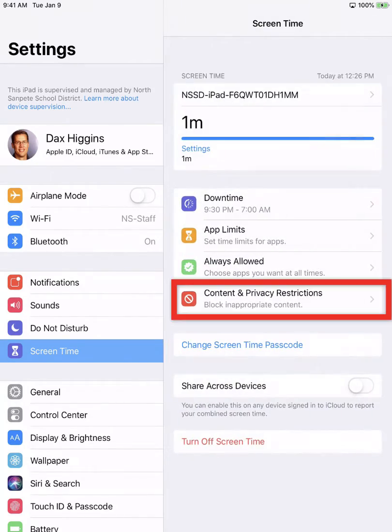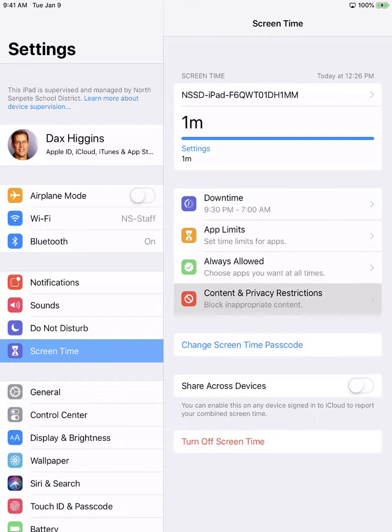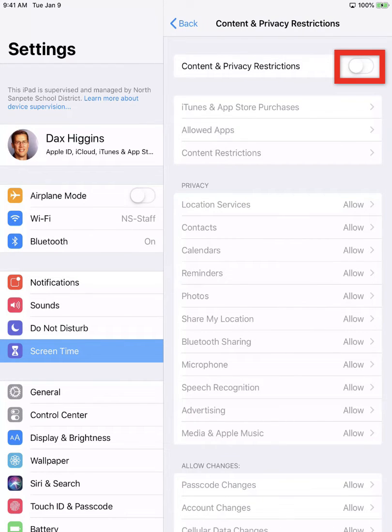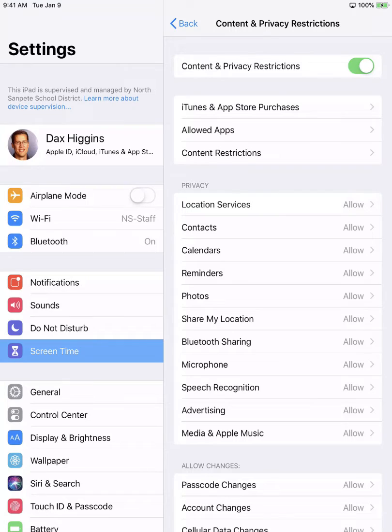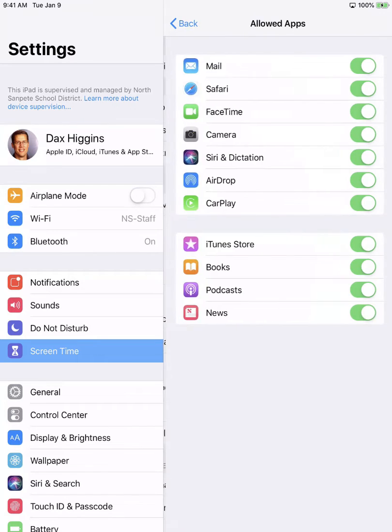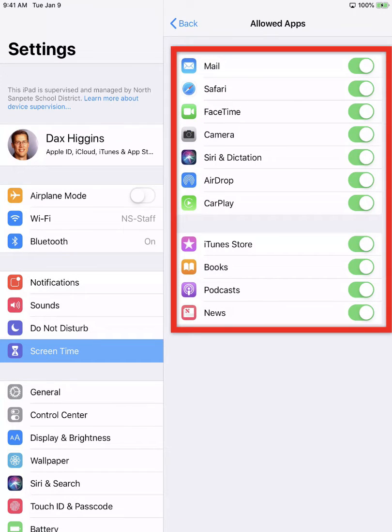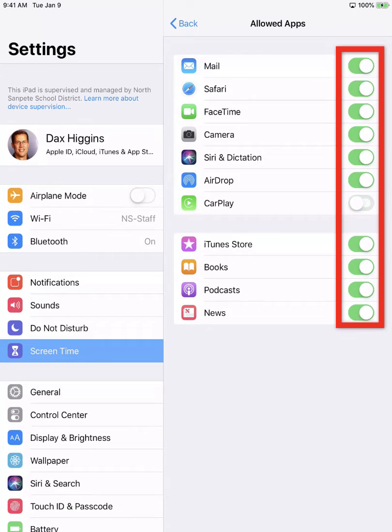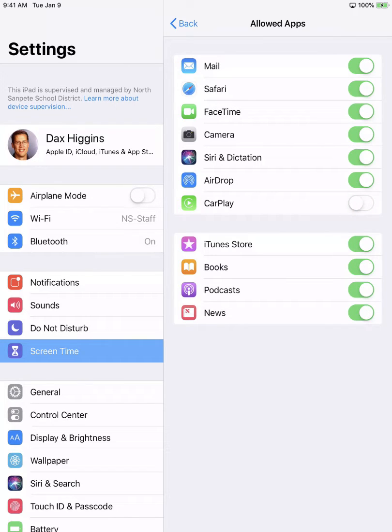Back to content and privacy restrictions. Tap this switch to turn it on. Now all of these apps should become available. Let's check out the allowed apps first. You can turn any of these built-in default apps on or off by tapping on their toggle switch. Going back,